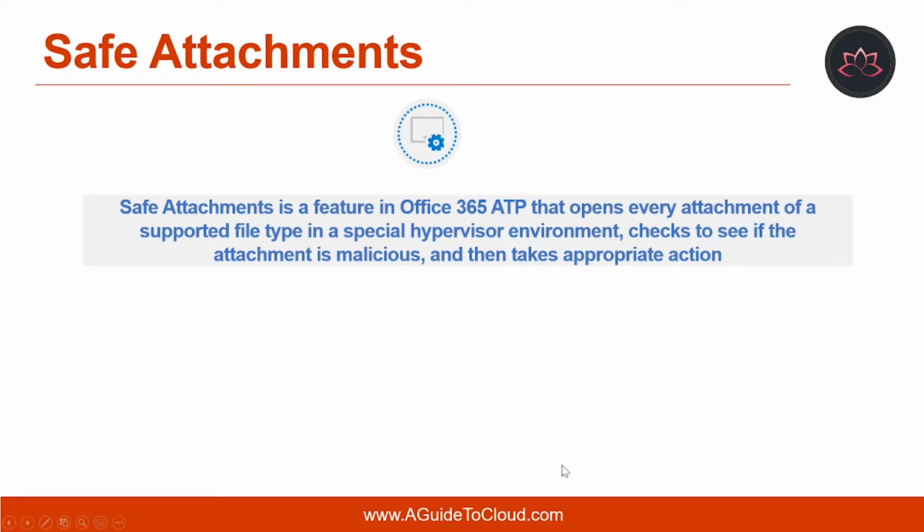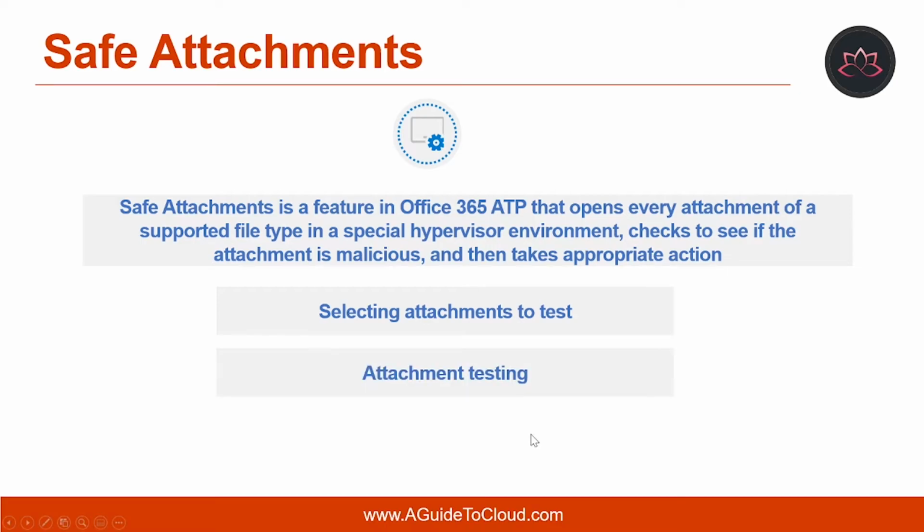So how does it work? While selecting attachments to test, safe attachments works on email attachments that are received from senders in your organization and external senders who are outside of your organization. The feature protects your organization according to policies that are set by your Microsoft 365 enterprise or security administrators. When an ATP safe attachments policy is in place and someone covered by that policy views their email in Microsoft 365, their email attachments are checked and appropriate actions are taken based on the organization's ATP safe attachments policies.